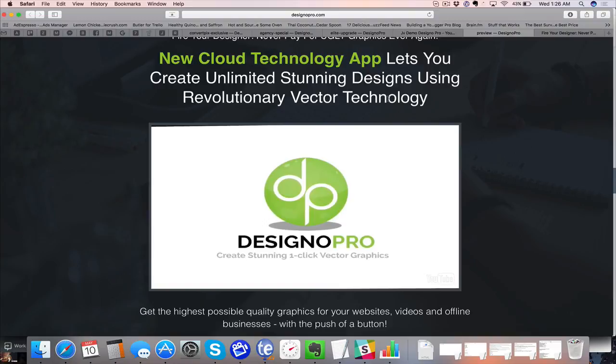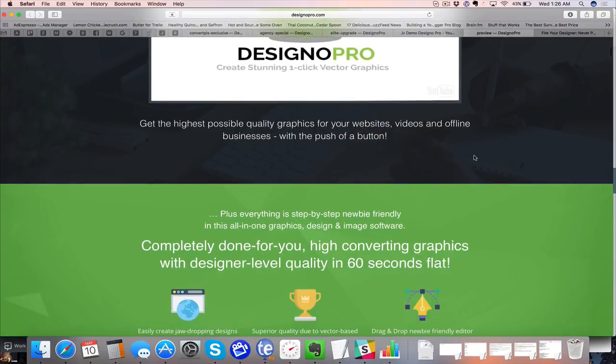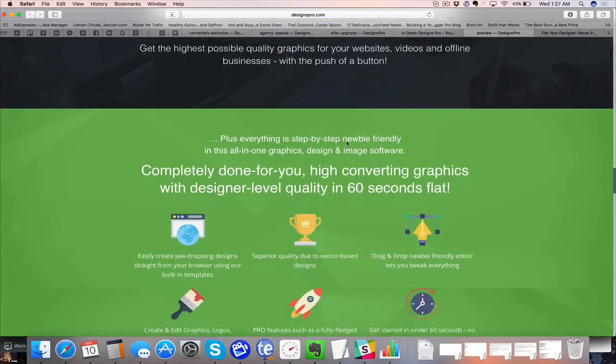The technology allows you to make it bigger, and the mathematical formulas actually make it so that it all keeps on enlarging in ratio to each other. So I don't know the math behind it, but all I know is that it looks good in any form. And that's what makes this so cool. You can use it for your websites, your videos, your offline businesses, etc.